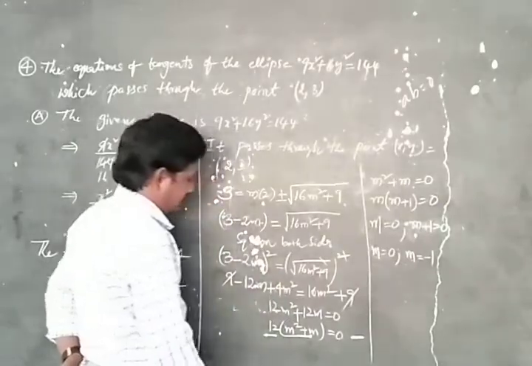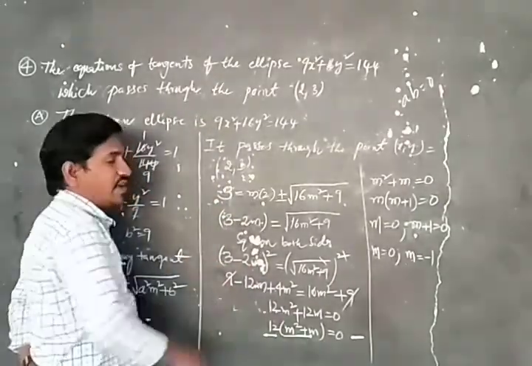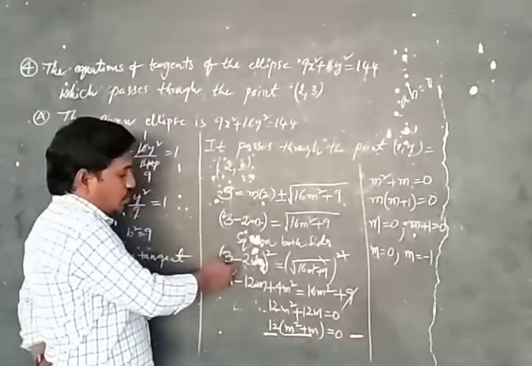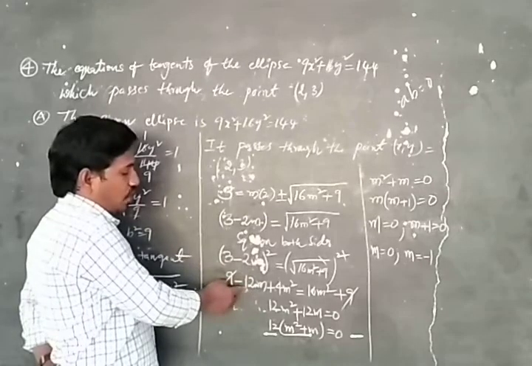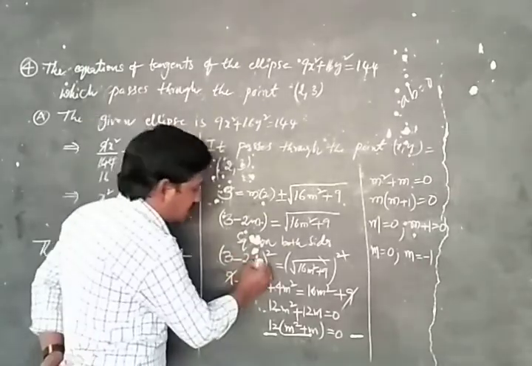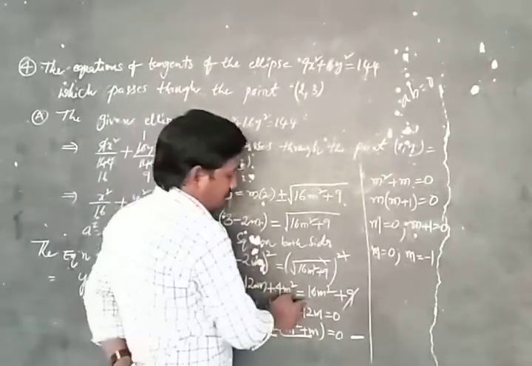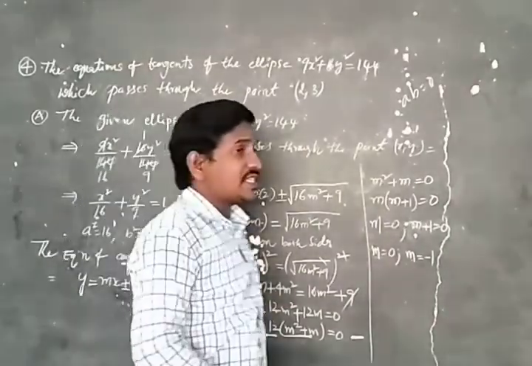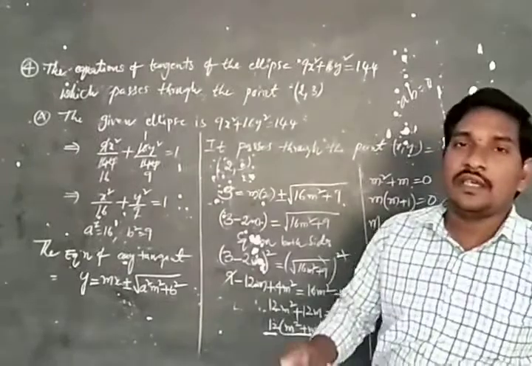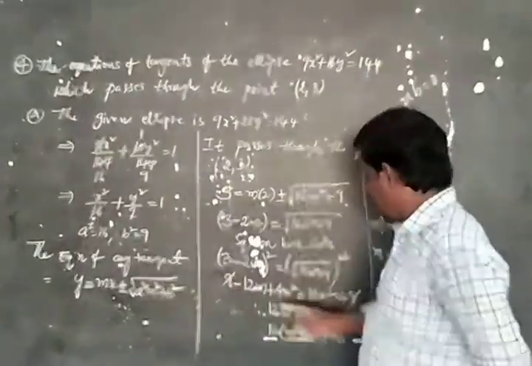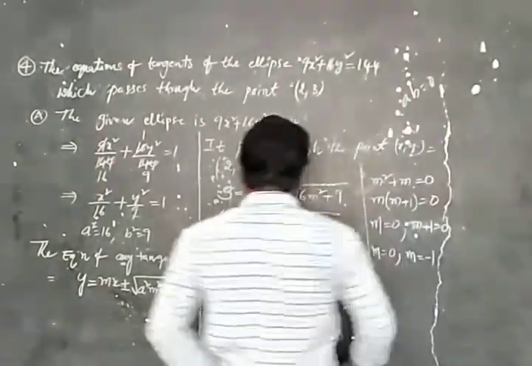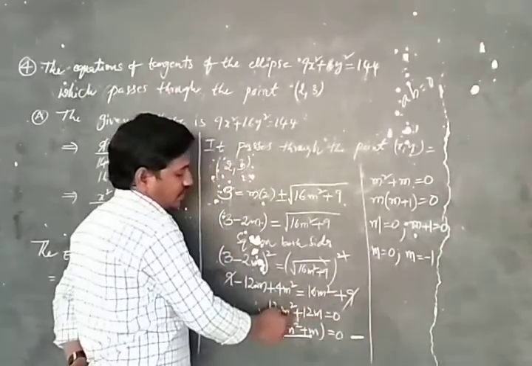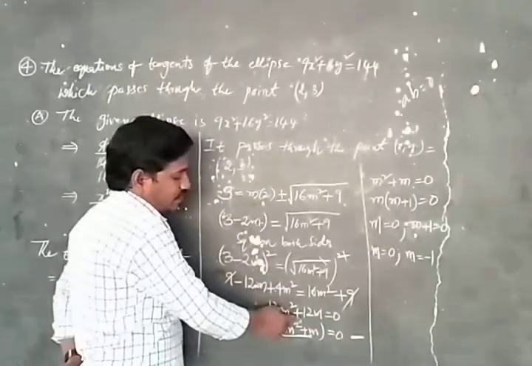Square root and square are both cancelled. Using (a minus b) whole square, a square minus 2ab plus b square: 3 square means 9, 3 2s are 6, 6 2s are 12, so 2ab is 12m, plus 2m whole square means 4m square, equal to 16m square plus 9. The plus 9 on the LHS and RHS have the same sign, so both are cancelled. Then 4 plus 4m square, by the transposition minus 4m square gives 12m square, and minus 12m becomes plus 12.